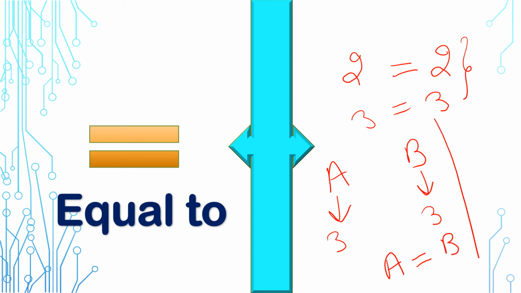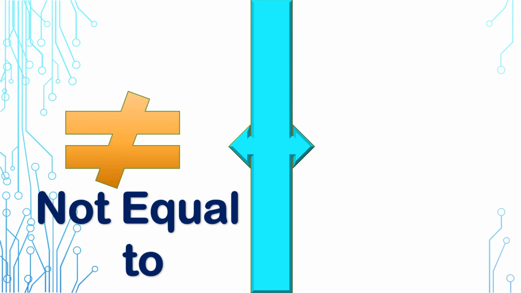Okay, let's take another example. If a's value is 5 and b's value is also 5, so you can say that a is equals to b when both the variables have equal value. So they are equal, otherwise they are not equals. We will see not equals to in the next. So this is not equals to. So if the two variables don't have equal value, so they are not equals to.